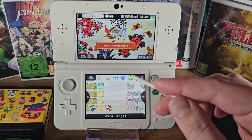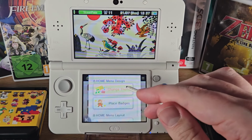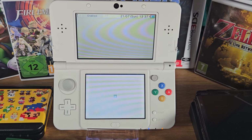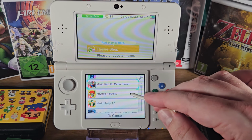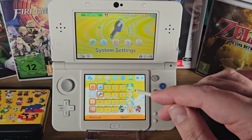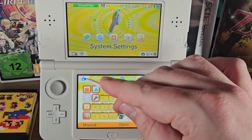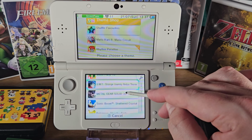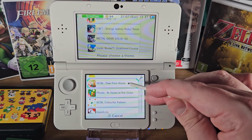to customize your system. And another way to customize your system was by going in here and changing the theme. These are a few different themes that I had. I'll go over what ones I had. Some of these were free, some of them were paid for. A Mario Kart one. Rhythm Paradise, you see, each of them had a different track that played in the background and a different, obviously, visual kind of setup. Mario Party 10, Shin Megami Tensei, a Metal Gear Solid one, Sonic, Pokémon,